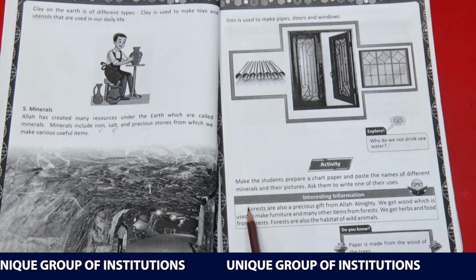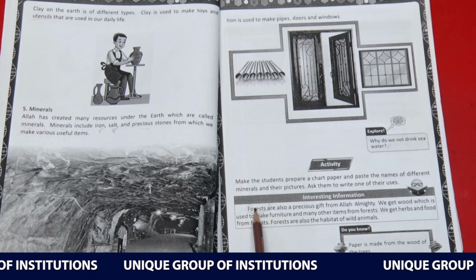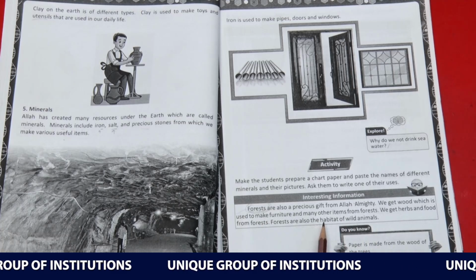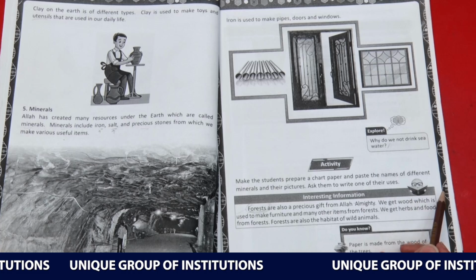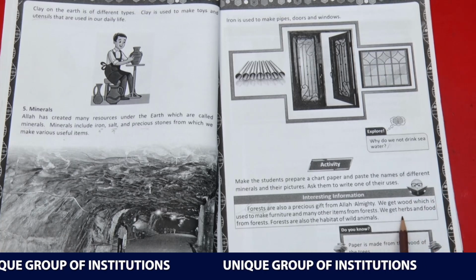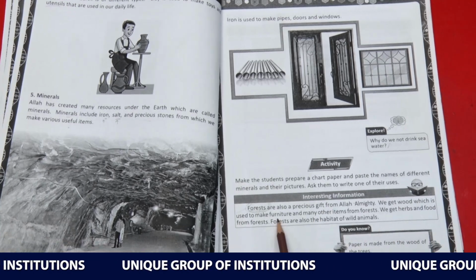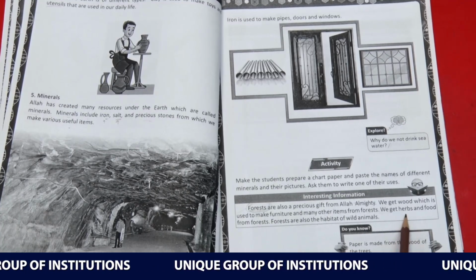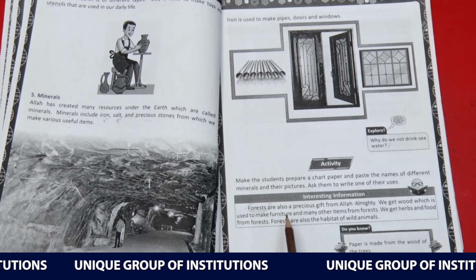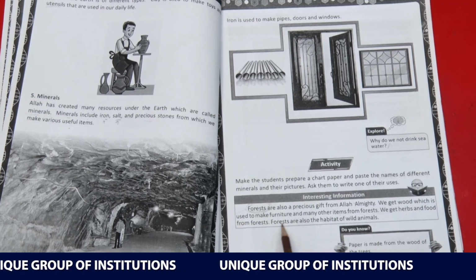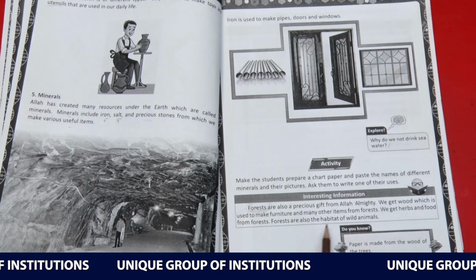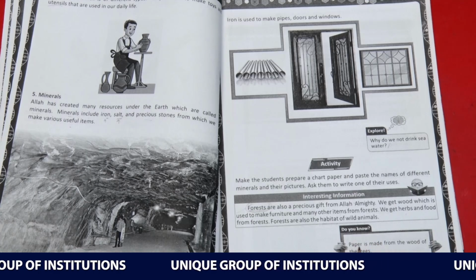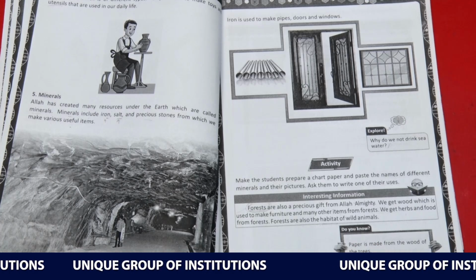Now what is the use of forest? From the forest we get different types of herbs and different types of wood, like timber and fern, and that wood is used for making furniture. From those trees we also get different types of herbs that are used for making medicines. As we discussed earlier, forests are habitats of animals, the home to wild animals. Now here we would like to discuss that paper is made from the wood of trees.